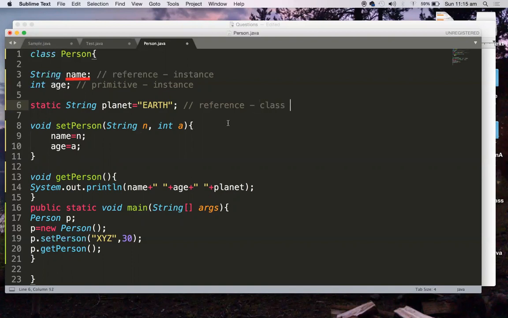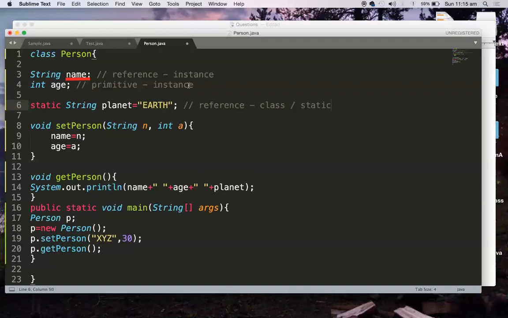That means it is going to get stored in the class area, and this value is going to be the same for the entire class. I will discuss this when I come to the question on static. Now you have two kinds of variables, right? Instance variables and class variables. This is also called a static variable because it's declared with the keyword static.